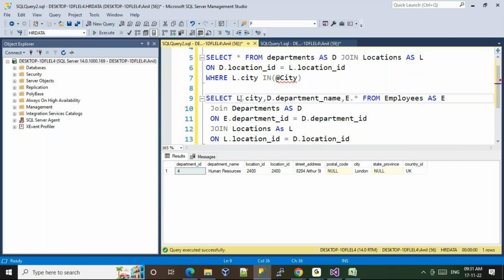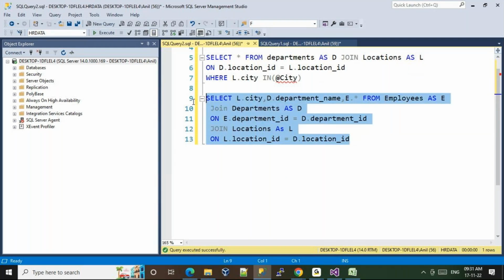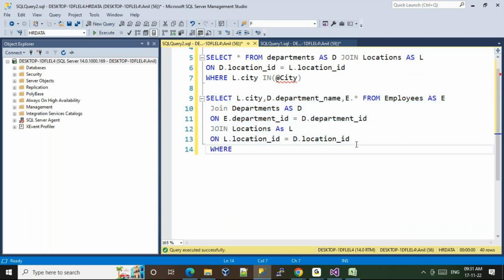And now you can observe if I run this it will get all the values only or particular values, all the values. But here I want to use where L dot city equal to or in